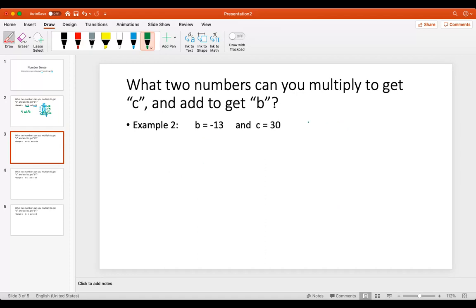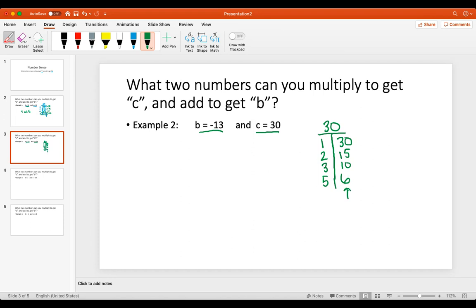My second example, what can I multiply to get 30 that will add to get negative 13? So once again, I'm going to create a factor table for 30. And I'm going to list all the factors, 1 and 30, 2 and 15, 3 and 10. 4 does not divide evenly into 30. 5 does, 5 and 6. And then 6 would be the next number I would check, but it's already over here, so that tells me